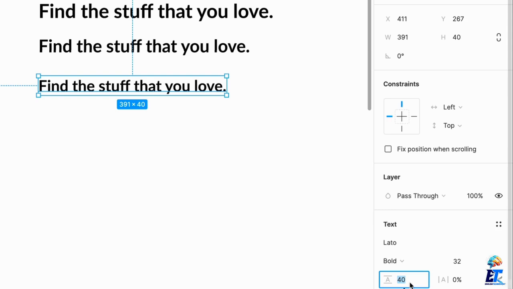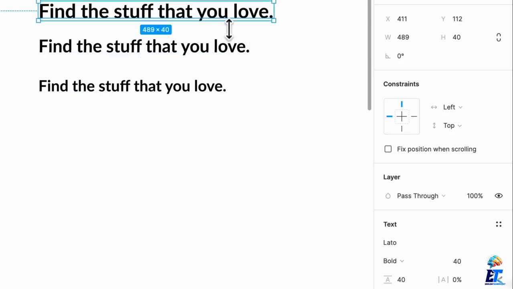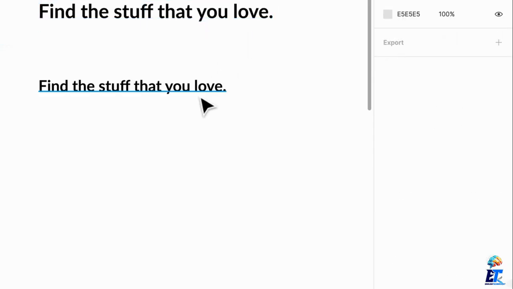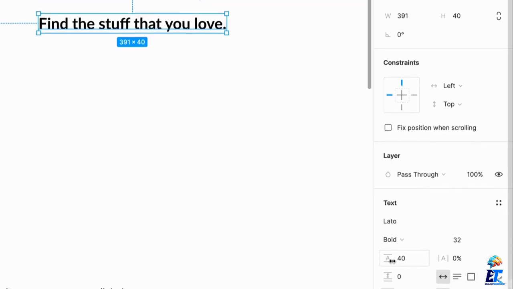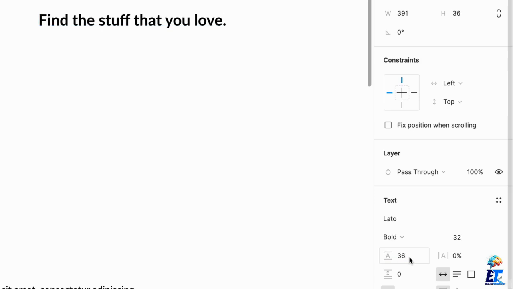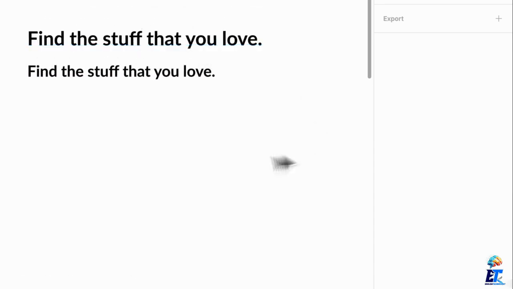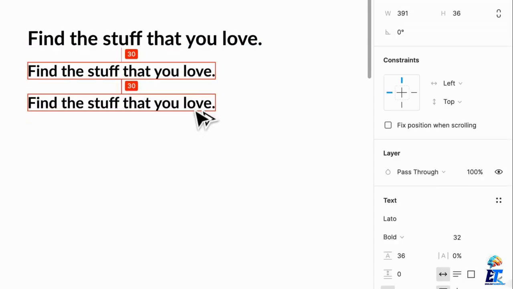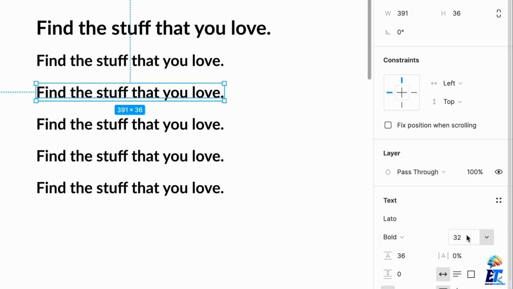So for a 32 pixel headline, what do we have here? This is 32, this is 36, and this is 40. So maybe 36 is on the variation there. So I'll scrap that, and I will go with 32 by a 36 line height. And while I'm assigning these roles, nothing is set in stone. But what I can do is, if I'm really building the text scale, I'll just keep on going. So if I go from 32 to 28,